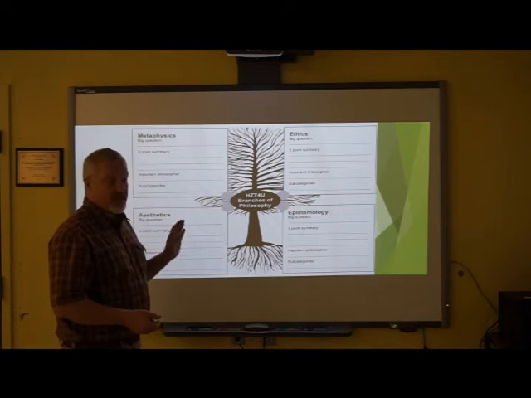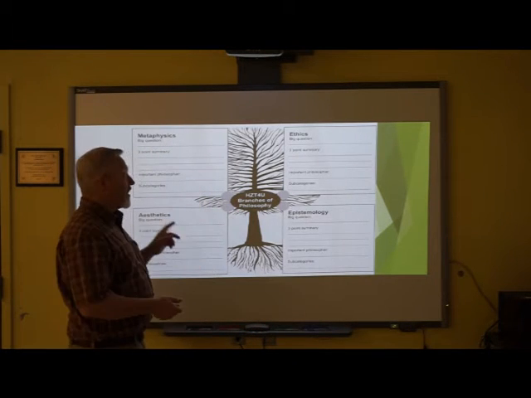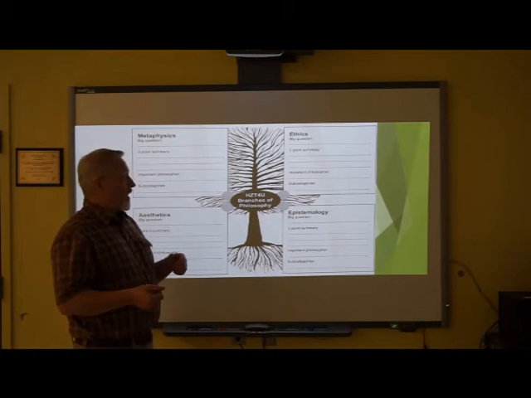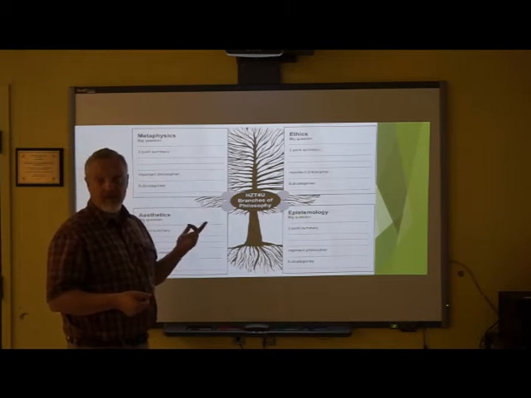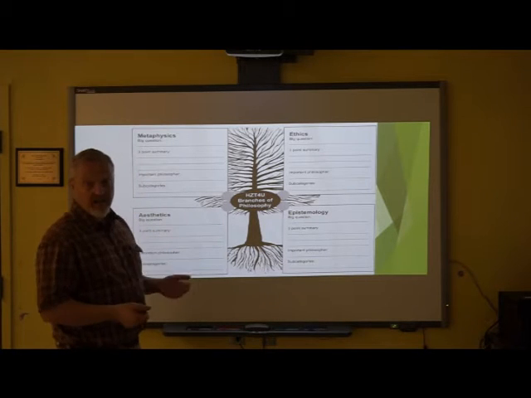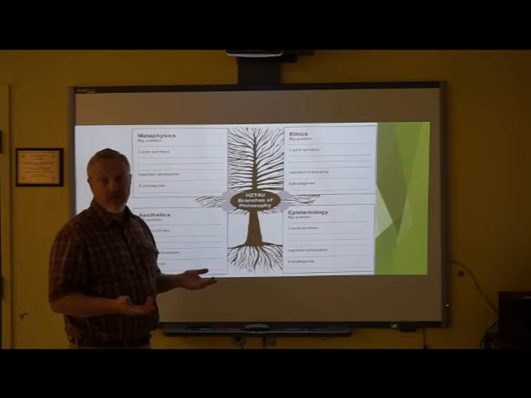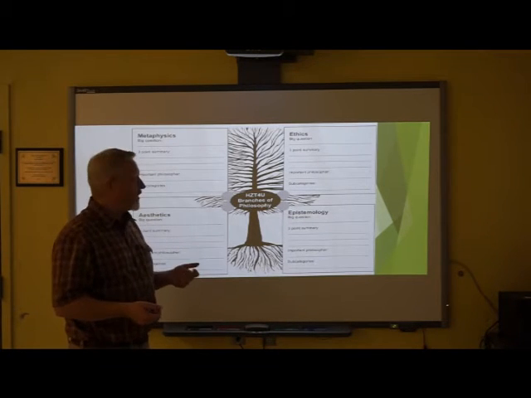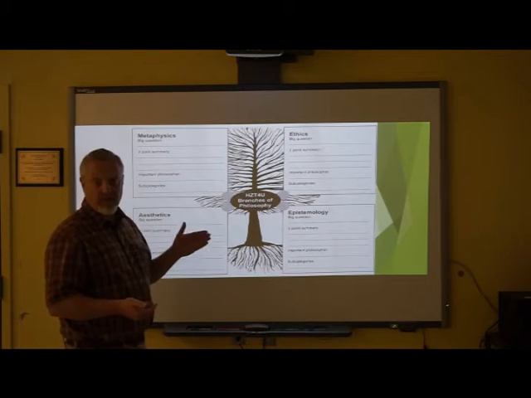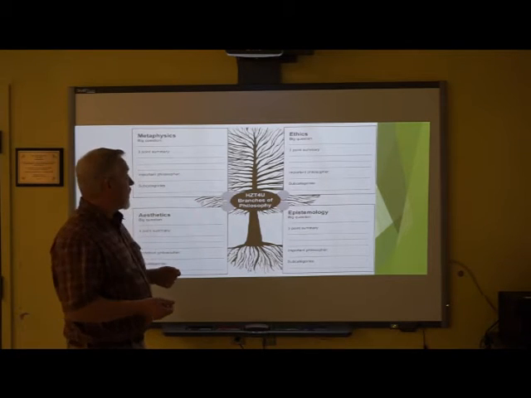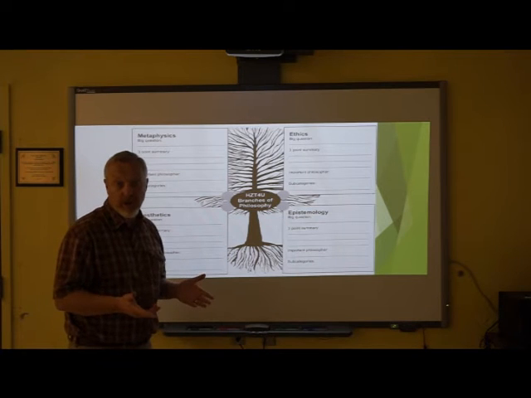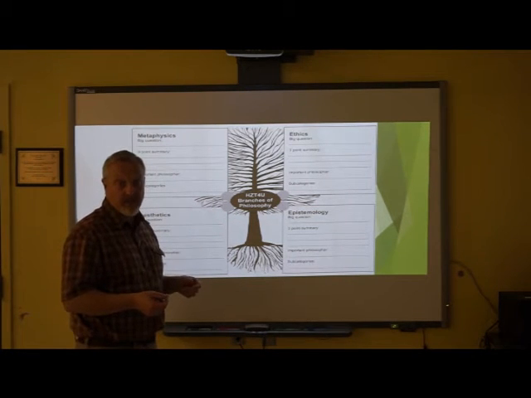The first assignment in the Philosophical Foundations unit is called the Branches Assignment, and it's a pretty straightforward one. You have access to a PDF file that looks exactly like this. There's two ways you can fill it in. If you're computer friendly, you can fill it in electronically. If not, you can download it, print it off, and then fill it in manually. Take a picture of it with your phone or a digital camera, and then send it to me, or put